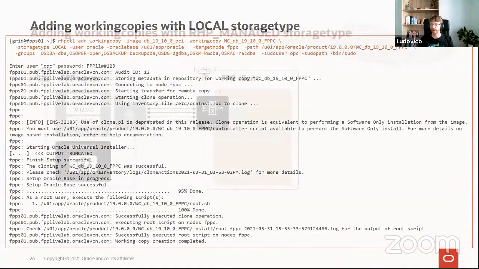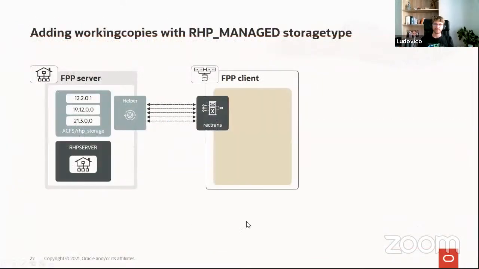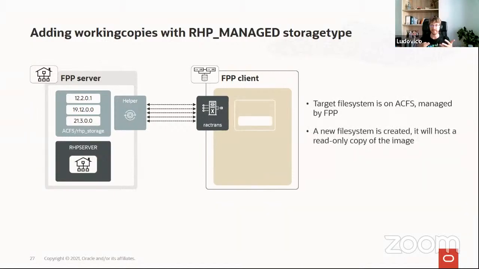And at the end, we'll have the working copy created correctly. So this was the local one. The ACFS one is very similar, except that you don't need to provision a file system. But when you create your RHP client, you also specify the ASM disk group that you want to use for your ACFS file system. And what FPP will do, it will create an ACFS file system